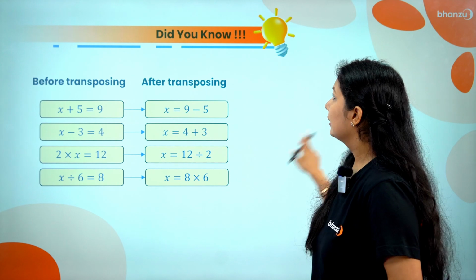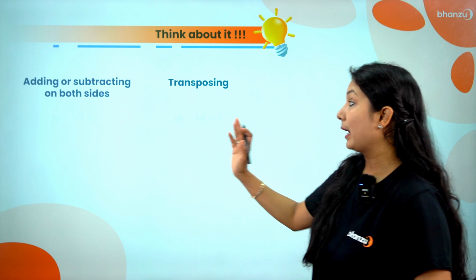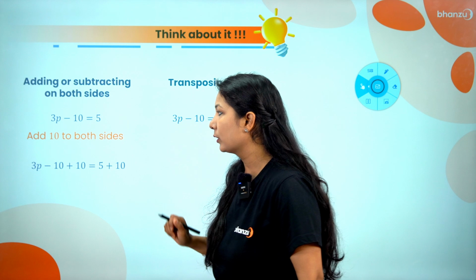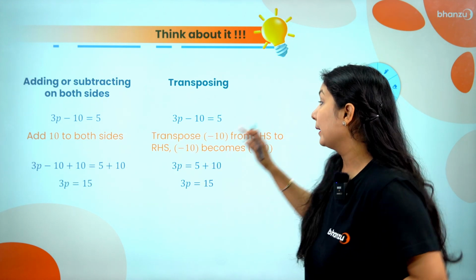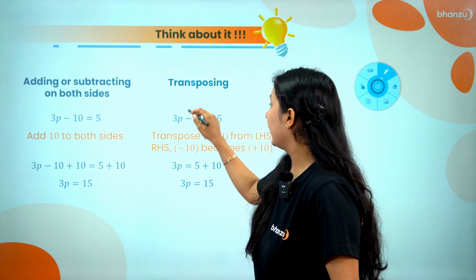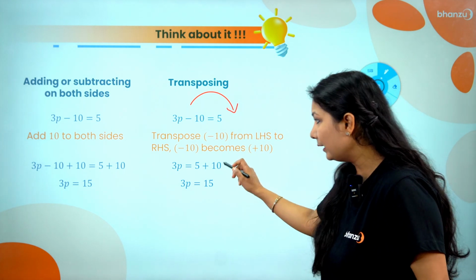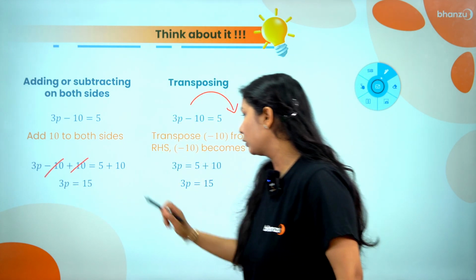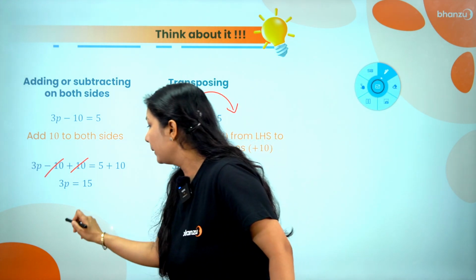So this is how the signs work in the transposing method, right? So moving ahead, let's think about how an equation is solved by the balancing method and the transposing method. So in 3p minus 10 is equals to 5, we add 10 to both the sides, right? We balance it. But here in the transposing method, we just take minus 10 to the other side, it would become plus 10, right? Here minus 10 plus 10 would get cancelled. So 3p is equals to 15, here also 3p is equals to 15. The final answer, which is p is equals to